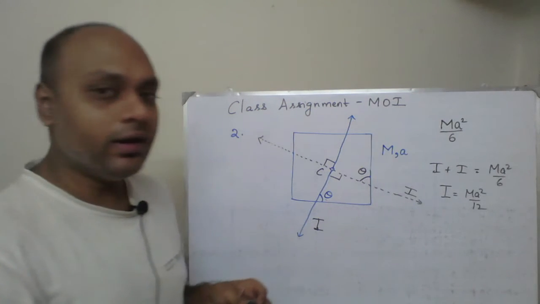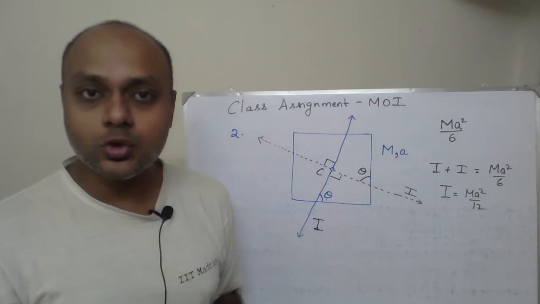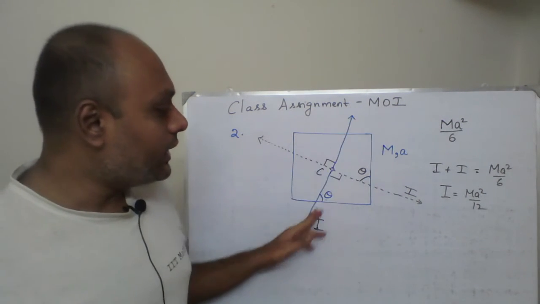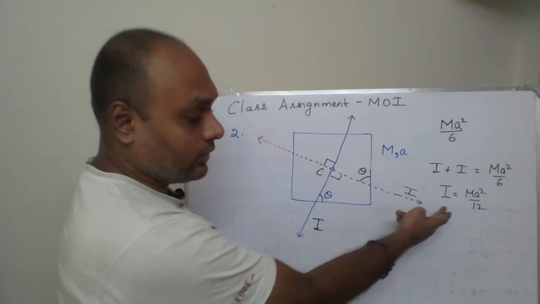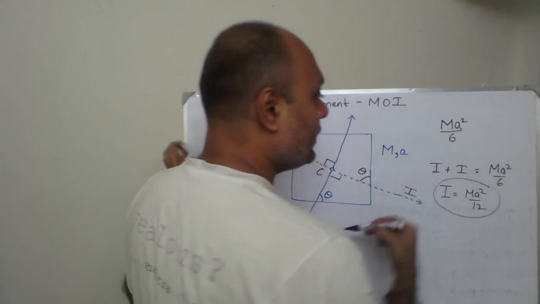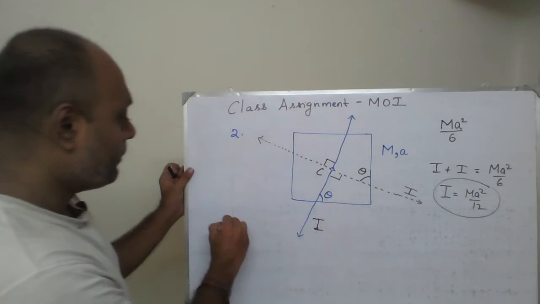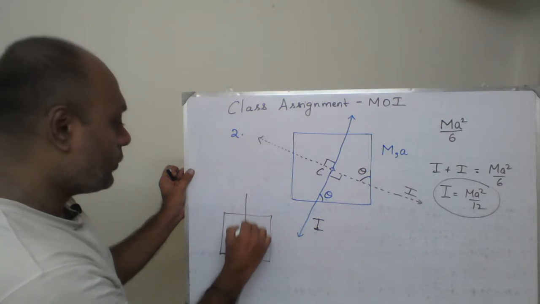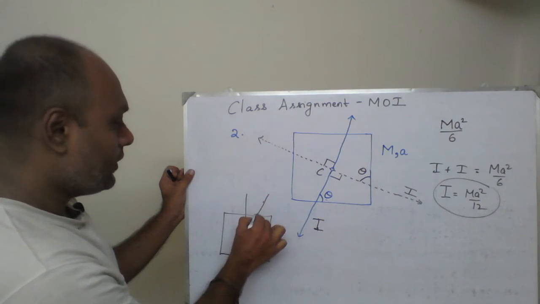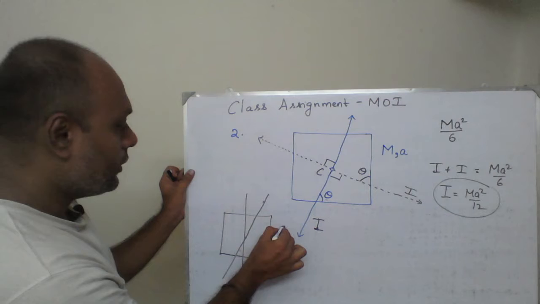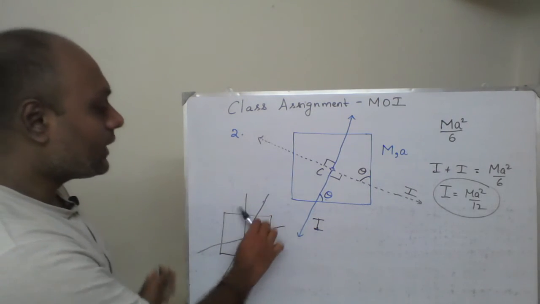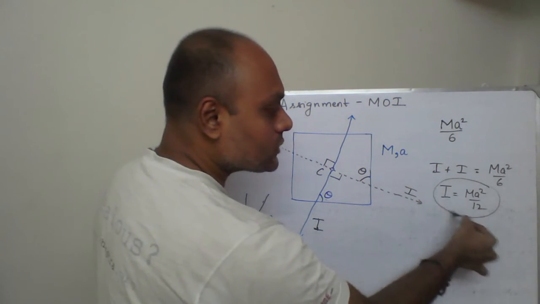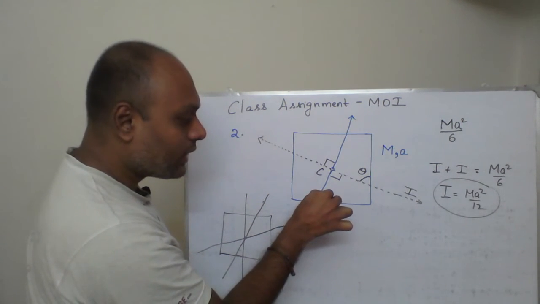Interestingly, you note that in this particular square shape having mass m and side a, you take any axis making an angle theta, and the moment of inertia doesn't depend on theta. Whatever theta value you have, meaning that if you have a square plate and you want the moment of inertia about this axis, or this axis, or this axis, whatever axis you take, about every axis for a square, the moment of inertia will be only ma square by 12. It does not depend upon the value of theta.